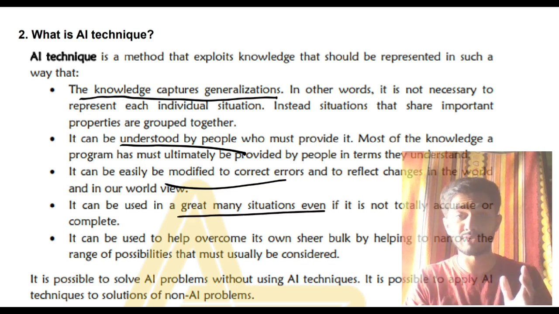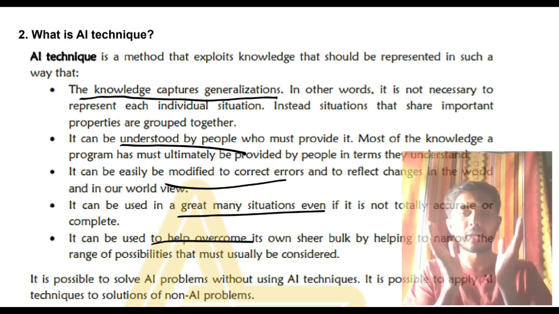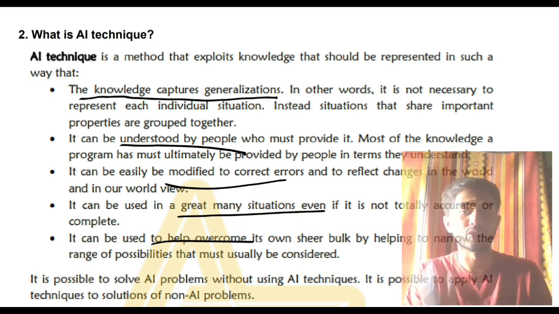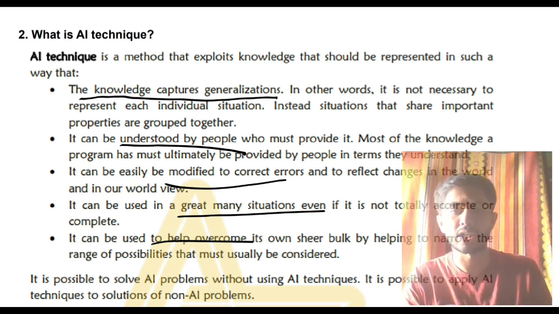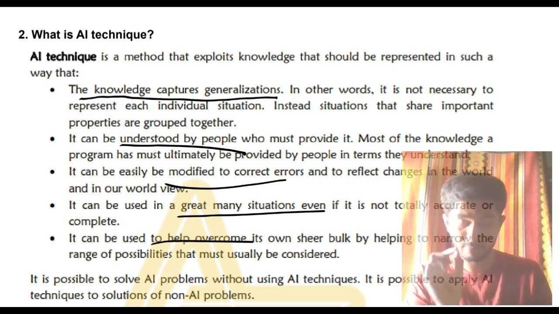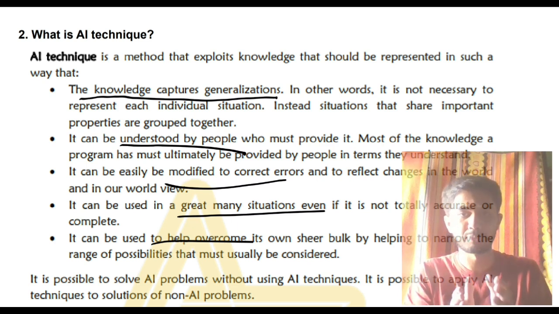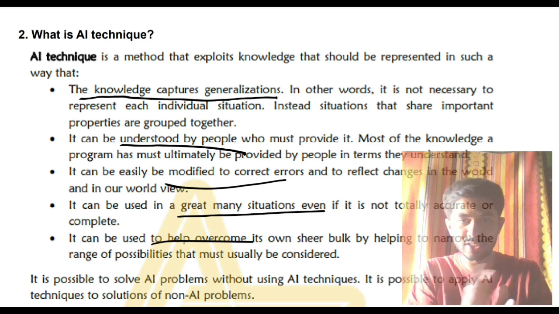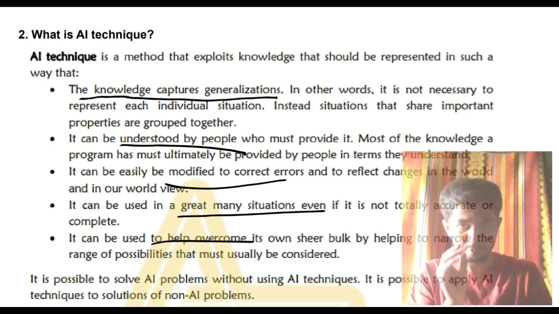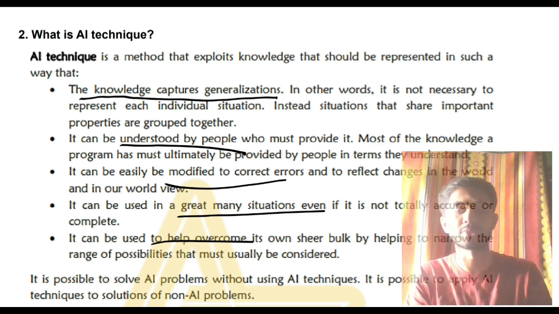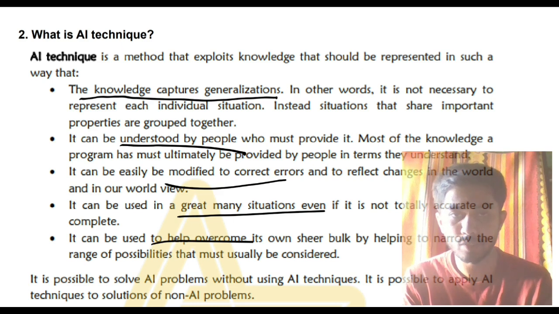Even if it is not sufficient, you will still be using it, so that whatever information you can get, you will get. Finally, you will be able to overcome the sheer number of possibilities. See, there are many possibilities for a particular solution, but only those possibilities are important which are narrowed down by AI. AI does not consider many possibilities. It will narrow down the possibility to say the answer lies in between this much only. So you'll be able to pick an answer within this range. That will save your time, right? That is what is called AI technique.